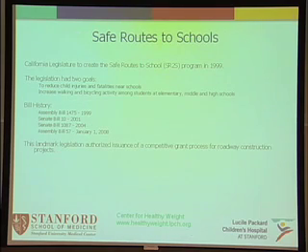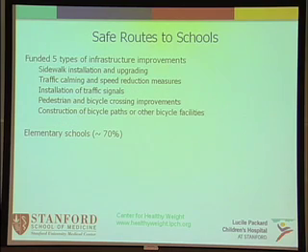So Safe Routes to School, in California, legislation was passed in 1999, and it had two goals: to reduce injuries and to increase walking. Every other year, more or less, you can see the bill history there, it's been reauthorized, and I'm happy to say it was just reauthorized last fall and went into effect January of '08. This is funding that goes to help improve infrastructure so kids can walk to school. They fund 5 different types of infrastructure improvements, including things like sidewalks, traffic calming, so that's like speed bumps, installation of traffic signals, pedestrian and bicycle crossing improvements, etc.